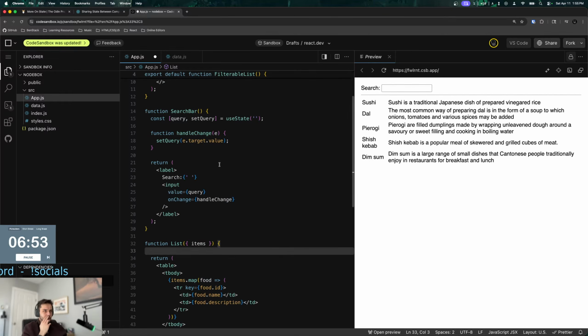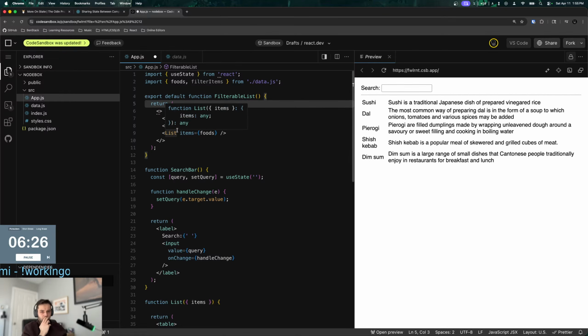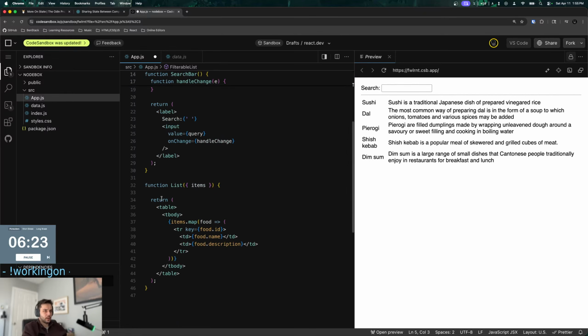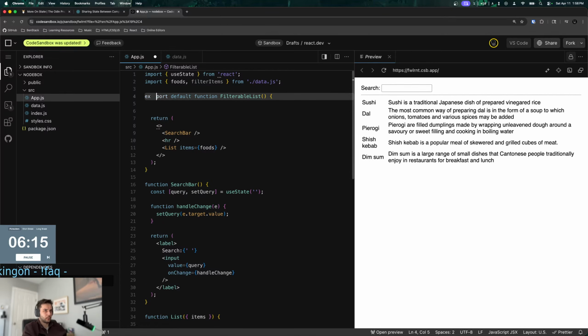So I need to get the query. I need to pass the query down to the list. Right? So what I would need to do in this case is bring up the query into the filterable list, so that the list could access that query value, right? Because the list is up here. So I need to refactor, in a very similar way that I did before.